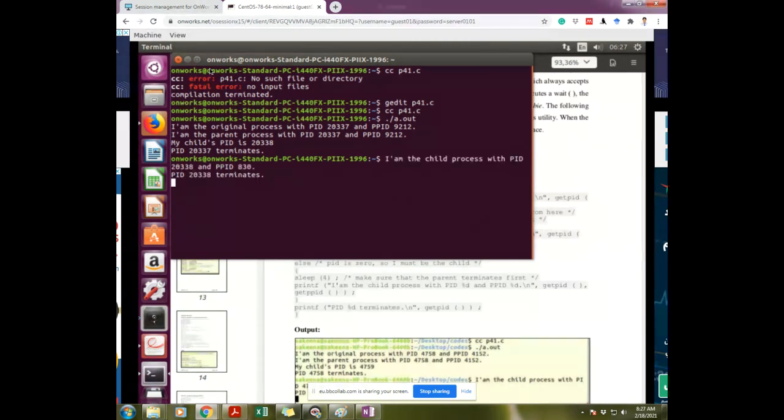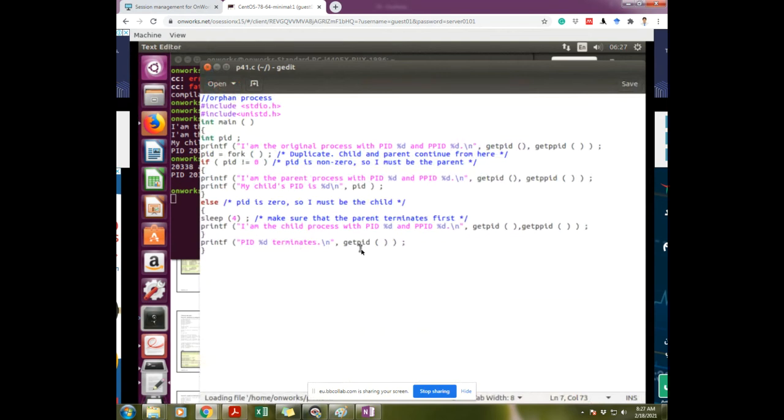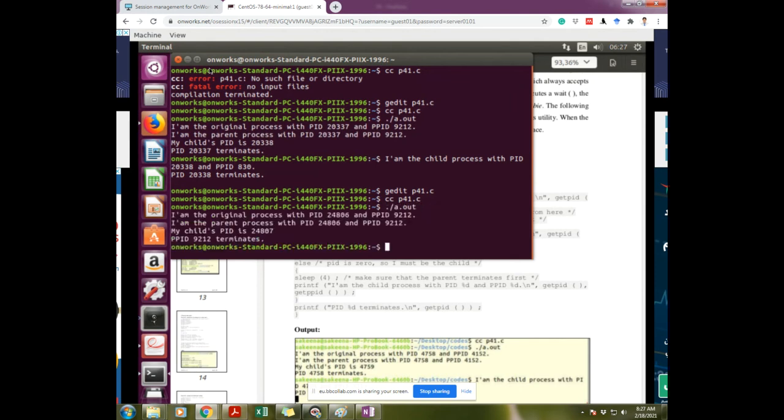Okay, now you want to change it here in place of it to PPID. Save, close, run, again run.